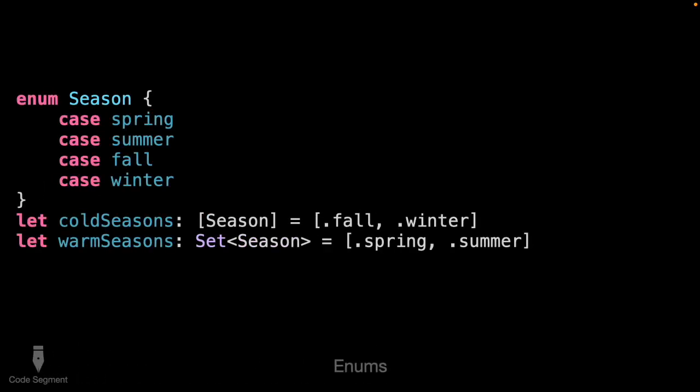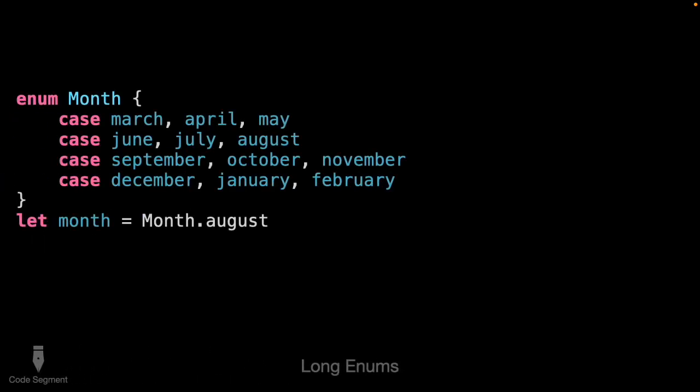So here's your basic enum definition. You have enum, name, case, etc. And then you can have an array or a set of enums set in this way. For very long enums, you can also use these commas, although this particular format is not preferred if you were to use a common Swift linter. Swift recommends that typically you either have everything on a new line or everything on one line, and doing a mixture like this is